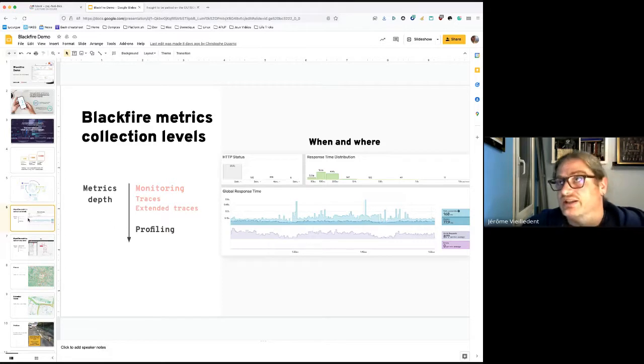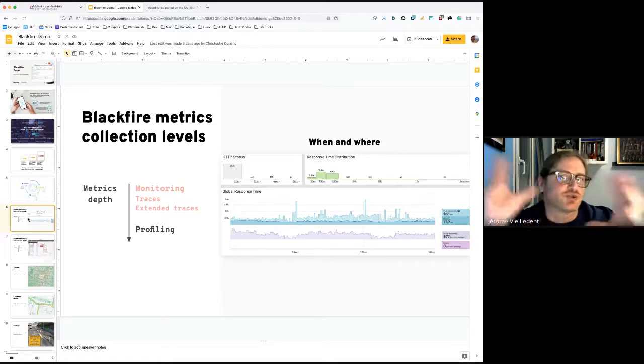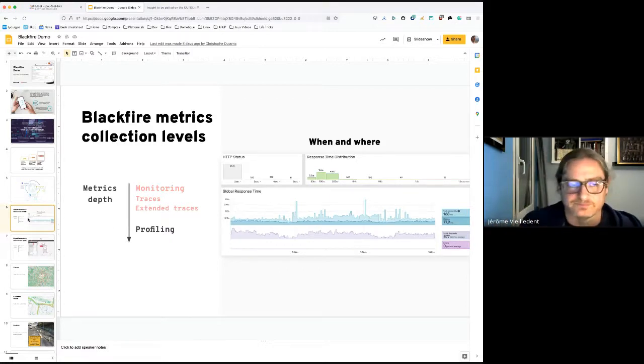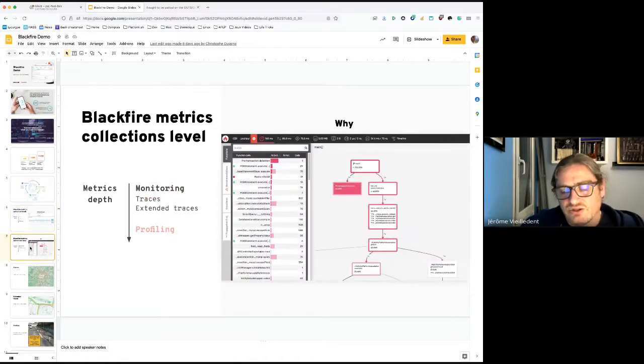And where, thanks to the transactions that are automatically detected, for Symfony and major frameworks. So you know precisely which controllers your users have been using. But you're still missing the why question, and this is what the profile is for.